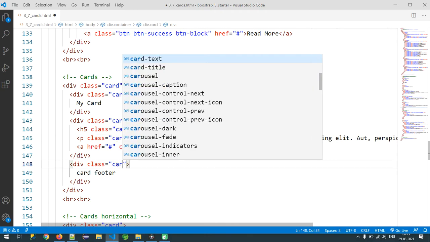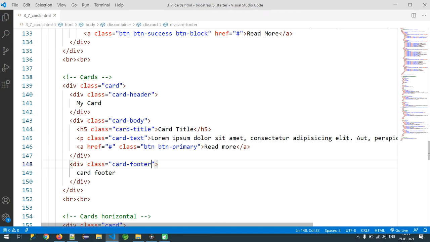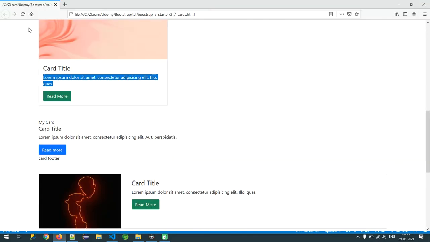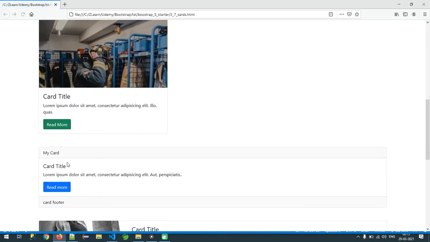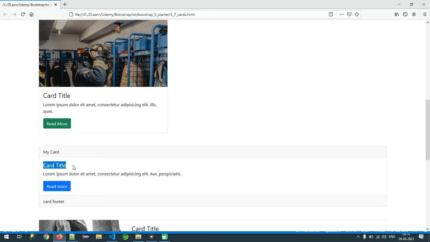Finally card-footer. So I have all the contents one by one. It is going to look like this. So card, title, beautifully laid out.